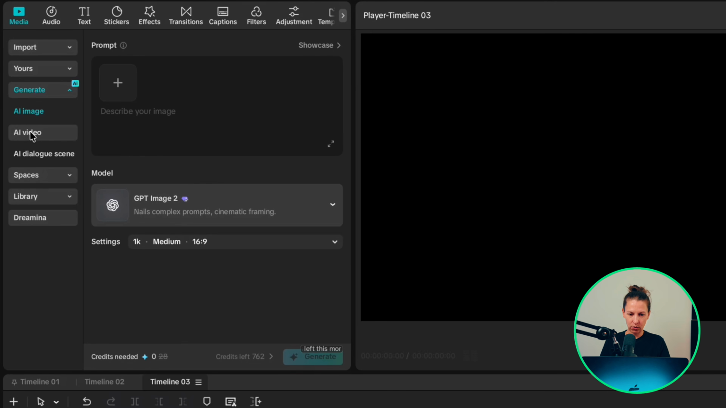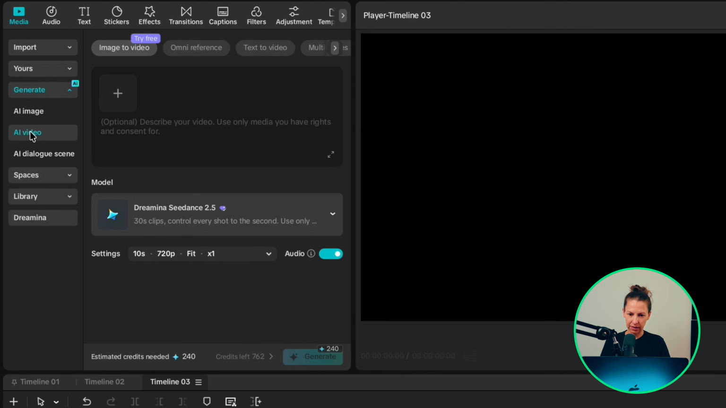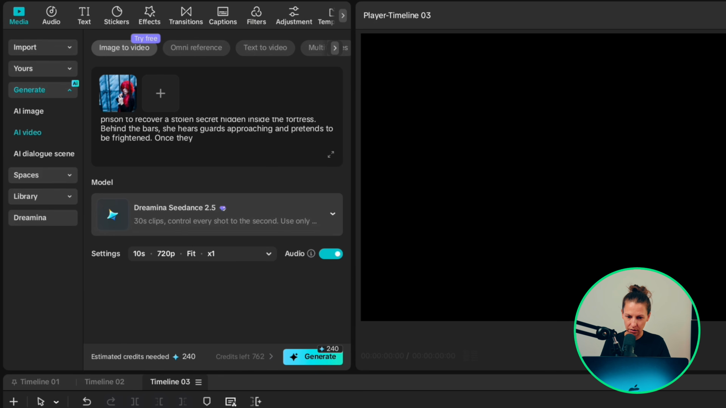This next one made me sit up the first time I ran it. You hand it a single still and it gives you back a moving scene. Next, go to AI Video and select Image to Video. Upload an image, then describe what you want to happen. For this example, I want a short story about an undercover agent escaping from an enemy prison after secretly completing